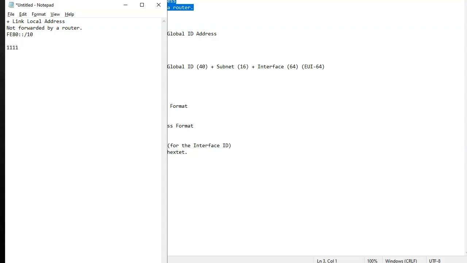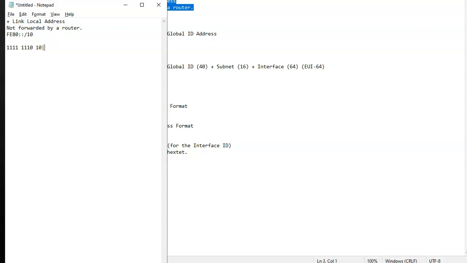If I convert this into binary, all right, there's my 10 bits for my prefix, and then the rest of the bits, all 128 of them, in this case. Here's my prefix, right? These 10 bits.